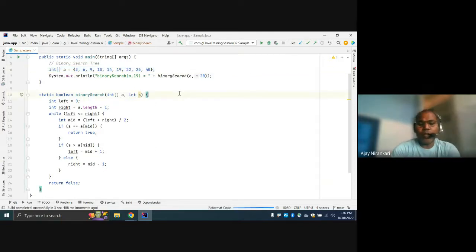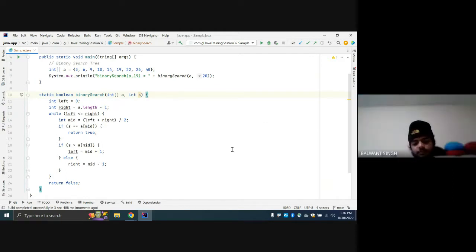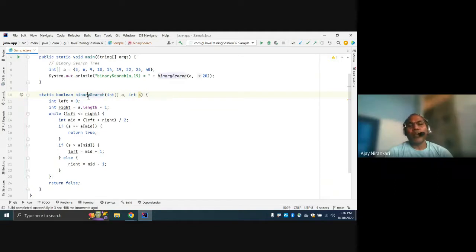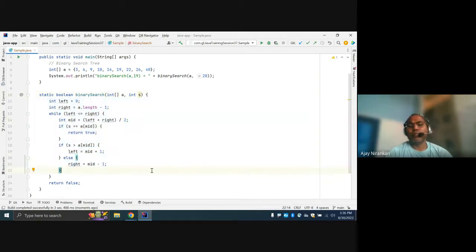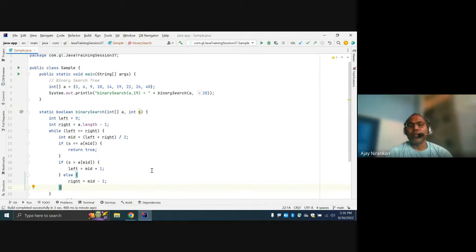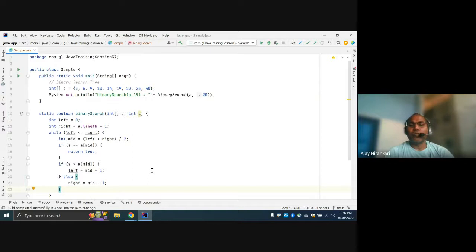Any doubt, any confusion? No, sir. Similarly, you can write the logic for your tree data structure. Here you pass the root node and the same logic works here, right? Any doubt, any confusion,